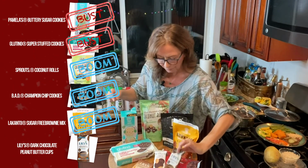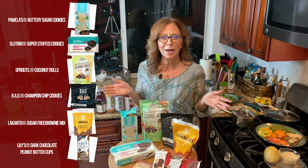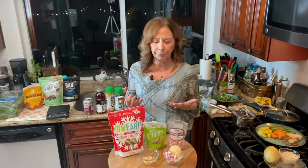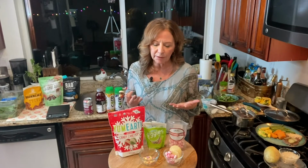Big boom there. Join me next time. I'll go over some candies. You know, it's the holidays, and everybody wants to be able to eat a little bit of candy throughout the holiday, especially our kids. So how do we as a parent navigate this problem of, you know, every child likes to eat sweets, but how can we control the amount, or how can we offer